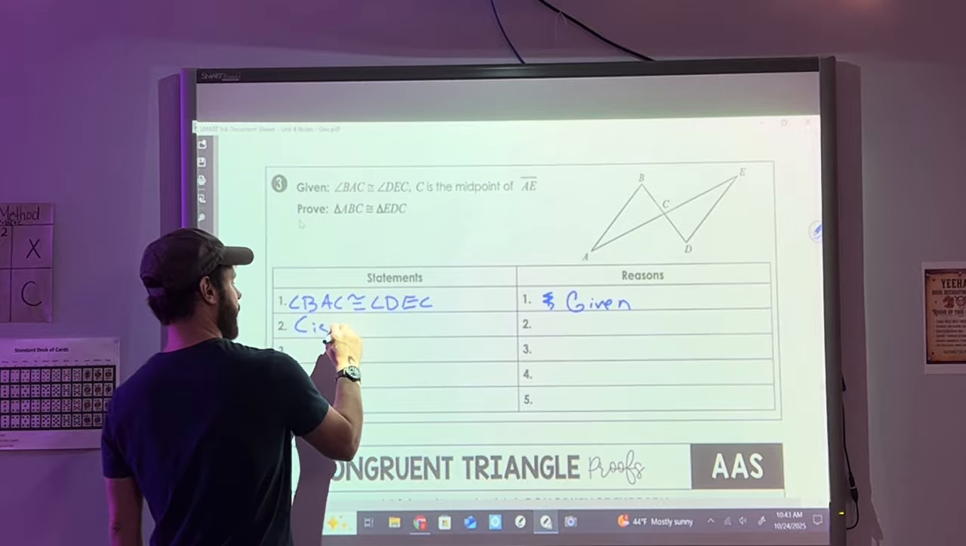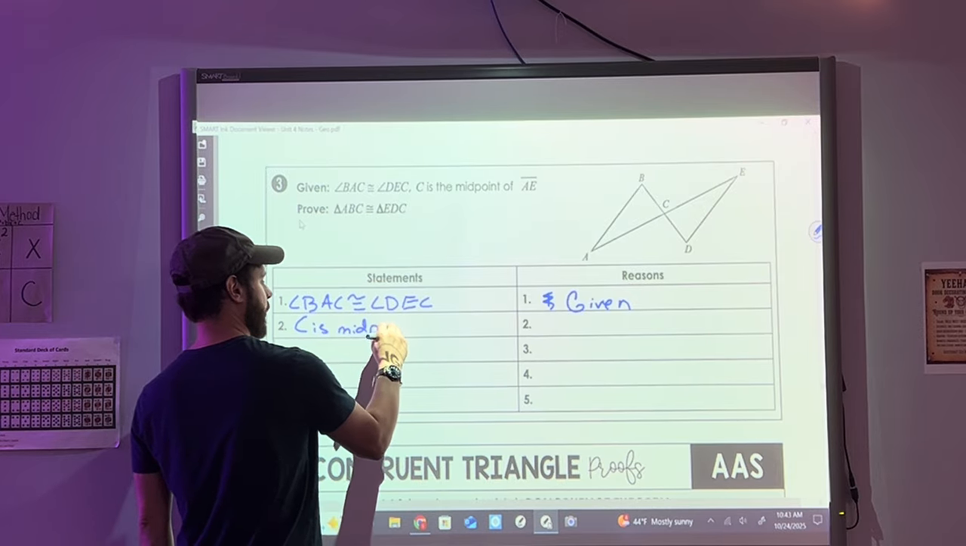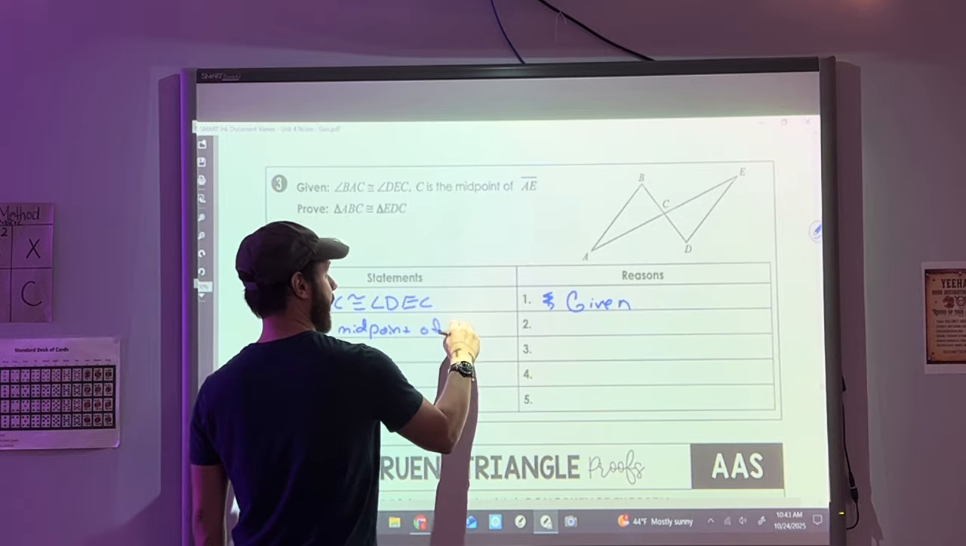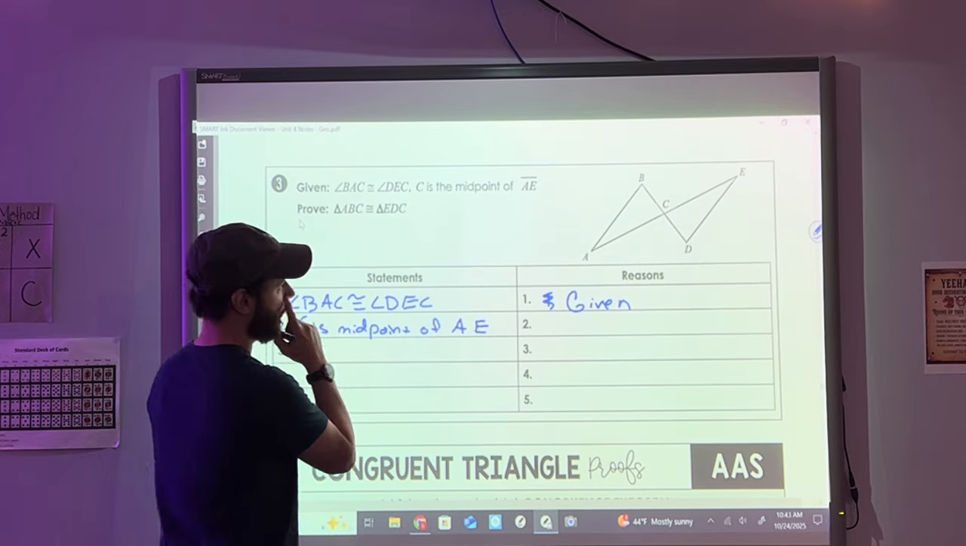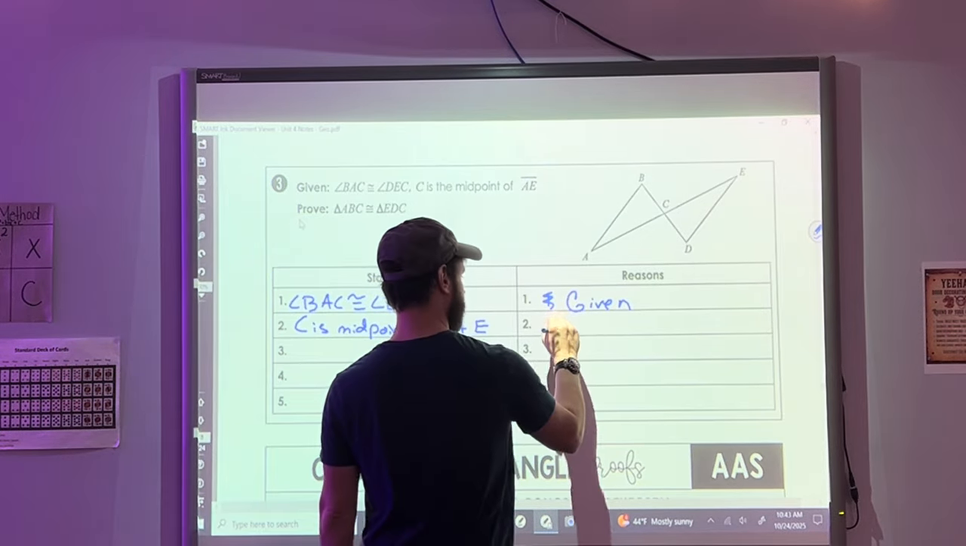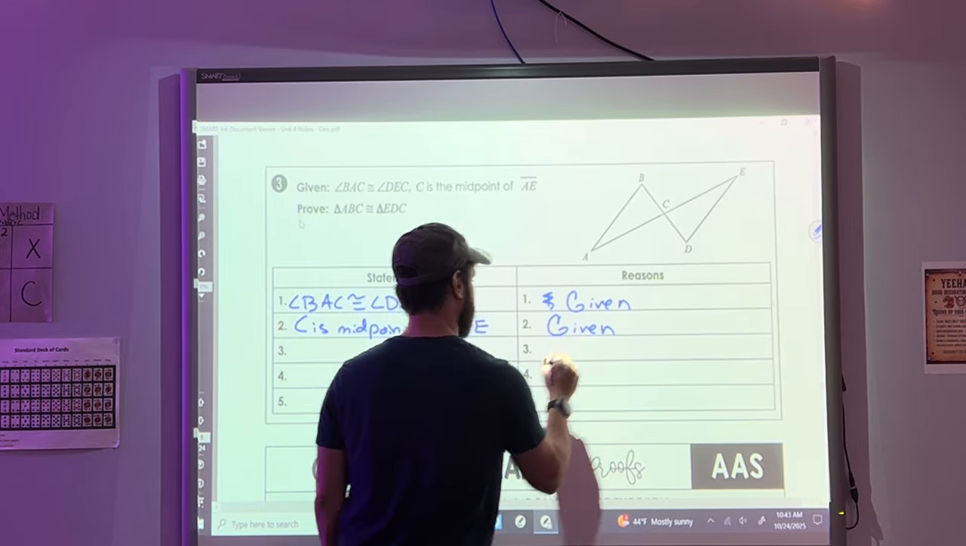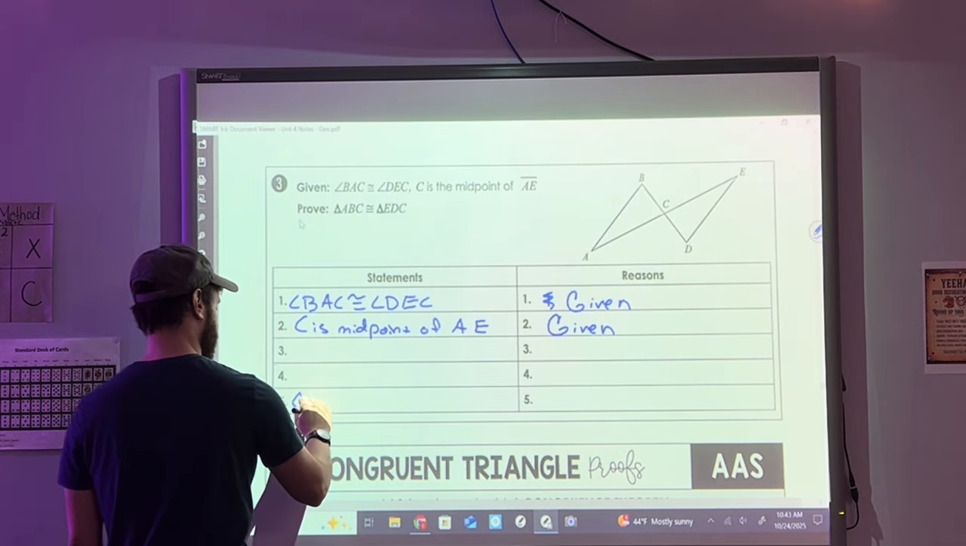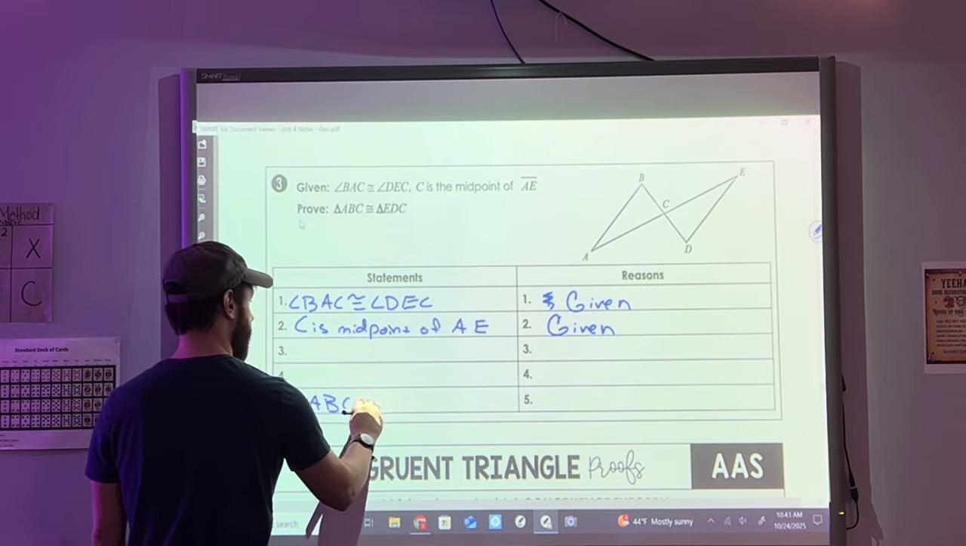C is the midpoint of AE, given. The thing that I'm trying to prove: triangle ABC is congruent